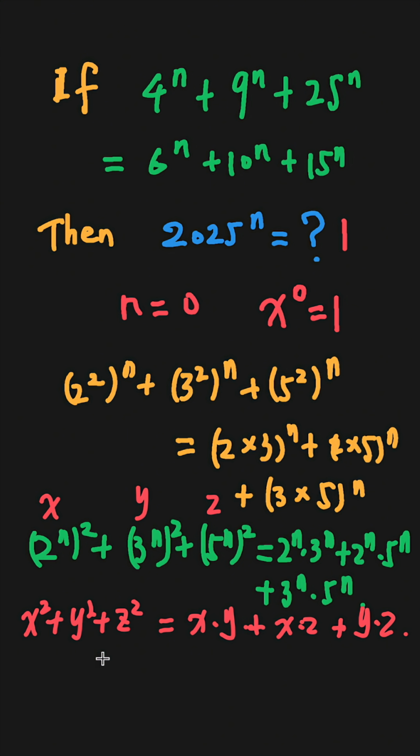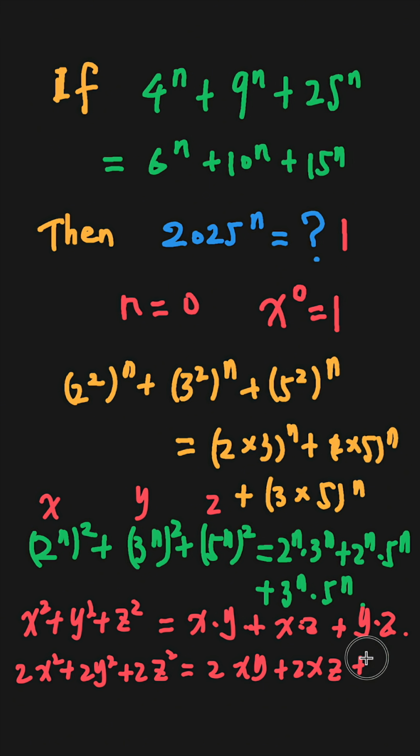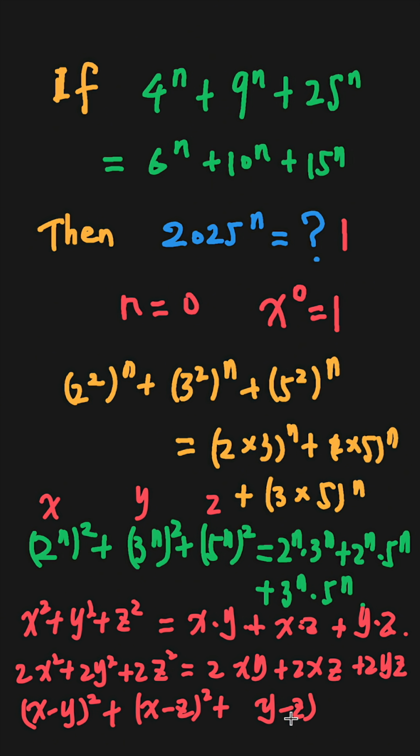So we're going to multiply both sides by 2. So this side basically becomes 2x squared plus 2y squared plus 2z squared. It's going to become 2xy plus 2xz plus 2yz. We're going to move the right side all together to the left side, and then you get yourself a perfect square formula, right? Basically, you get (x minus y) squared plus (x minus z) squared plus (y minus z) squared,